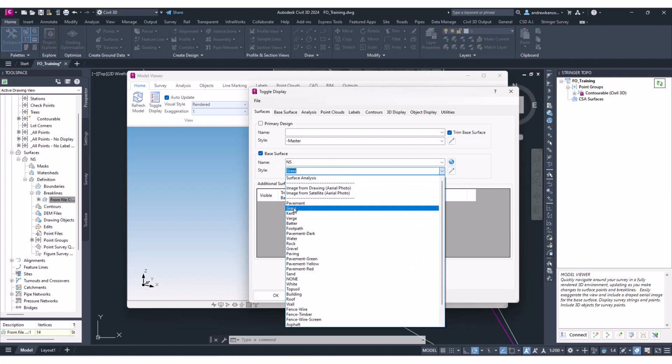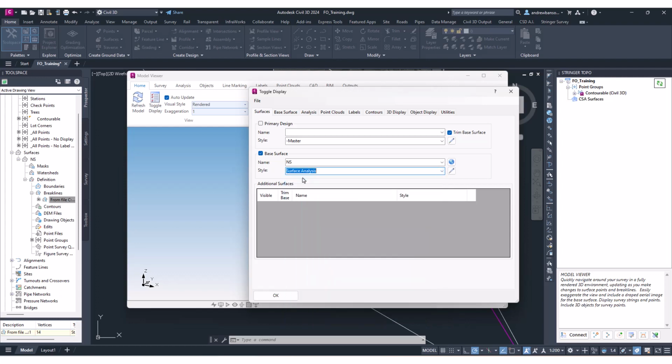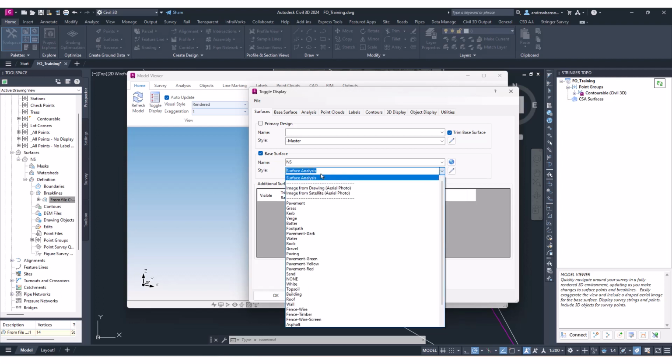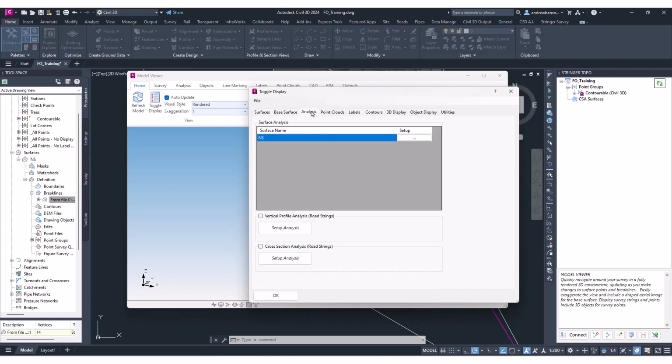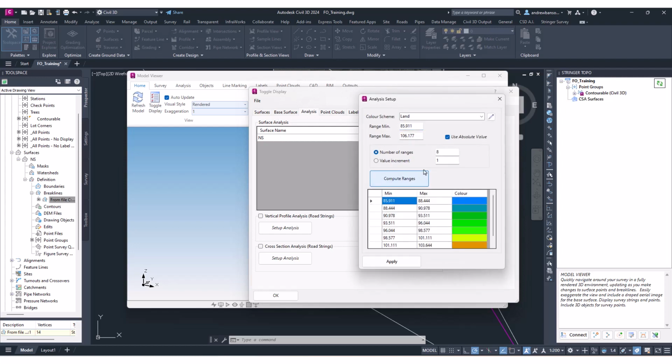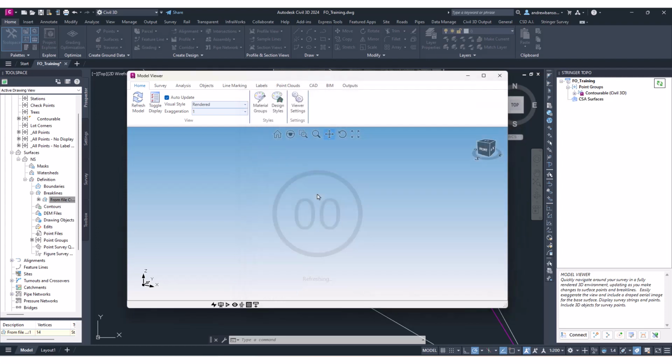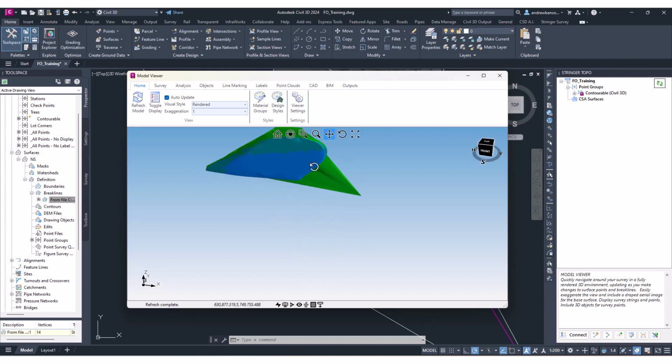If I just left it at grass, we're going to see our surface with a rendered material, but I'll start off by, let's do surface analysis to start off with, and then I'll put the aerial imagery on. So with the surface analysis, if we go to the analysis tab and click on the button with the 3 dots here, we can set up some ranges. So I've set up eight ranges based on the minimum and maximum elevations. And if I go and select OK, then we can see our surface in 3D